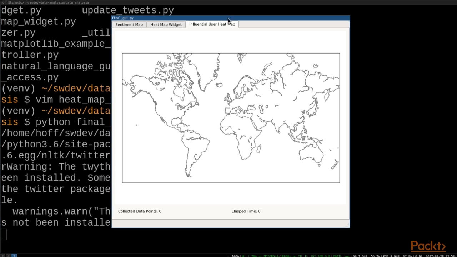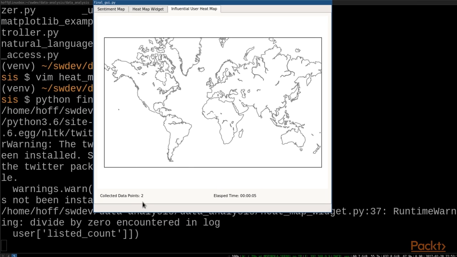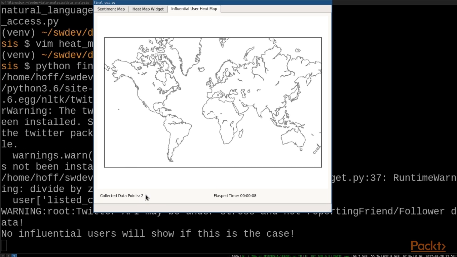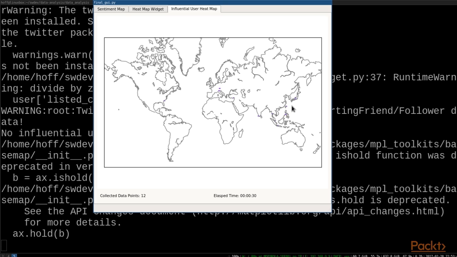smaller number of data points, regardless of what actually comes in. I think this is the actual correct way. So if we let this run for a really long time, right, what we start to see is sort of a heat map of the who's who in the Twitterverse and where they are located geographically. Geographically is probably a word too. Cool. So we're starting to see some people that are still awake in Japan and in the basic Southeast, and also a couple users in